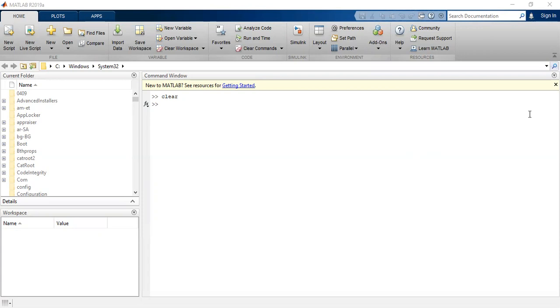MATLAB basically is an interactive mathematical program that allows mathematical calculations as well as visualization of data. One of the main tasks you will perform in engineering is problem solving, and to solve many of these problems you will find MATLAB to be a powerful tool.